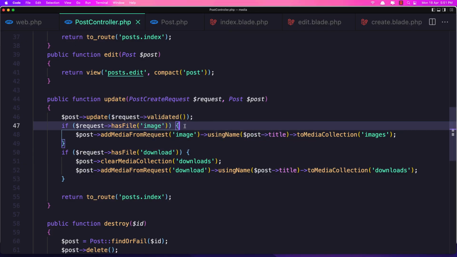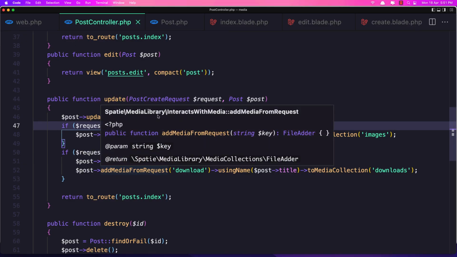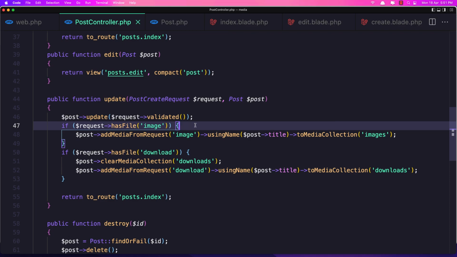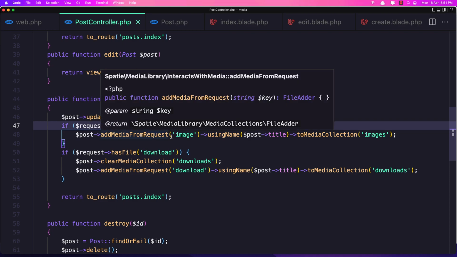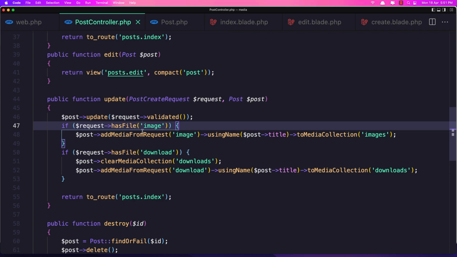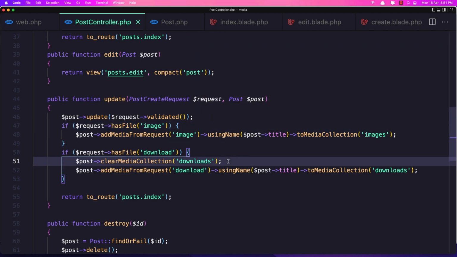So we removed that clear media collection, and now anytime we make an update, we remove the file we have to this collection and add a new one, because we have only single file here. So let's do the same thing for the downloads.